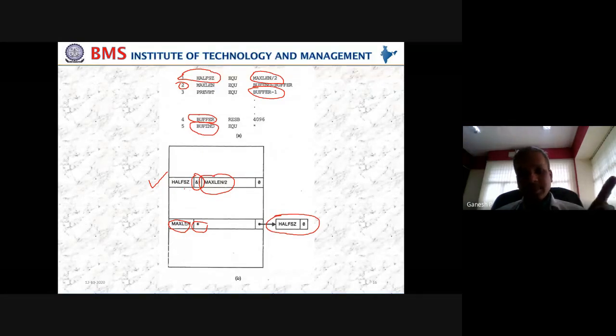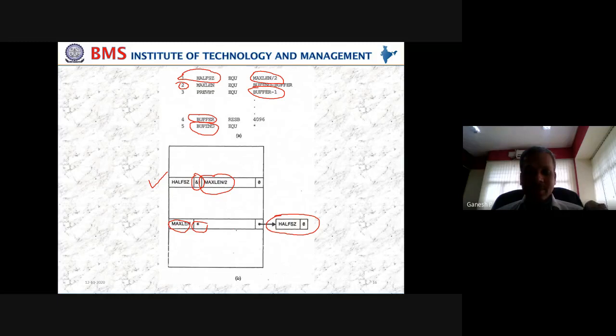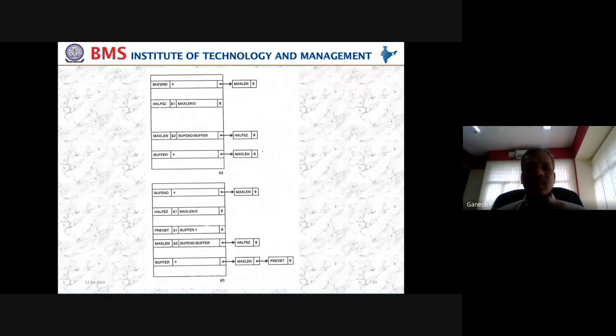When you are at offjet, you are telling max length is missing. When you are at max length, you are telling that your data is required for offjet. So both ways you are connecting each other. Like that, we'll do for max length previous byte. The next diagram, you will probably understand how this is being done.